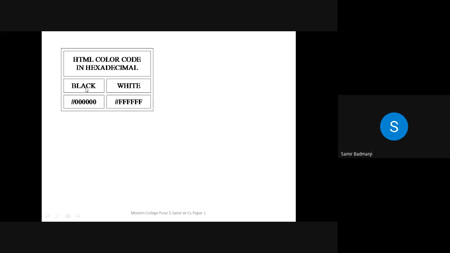Now the next row is normal. That will be black and white. Then close that row. The next row will again be the same. In the font tag we have seen the color for black in hexadecimal and the color for white in hexadecimal. This was asked in the board exam for 5 marks. Now we'll see how to write the code for it.